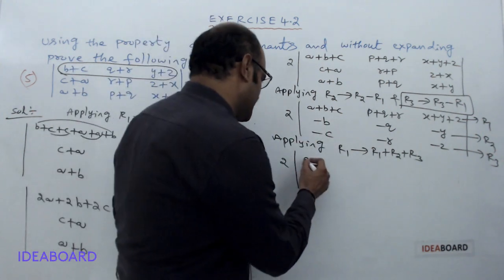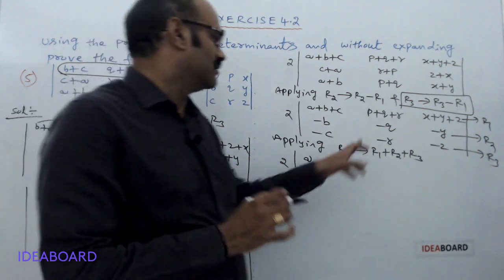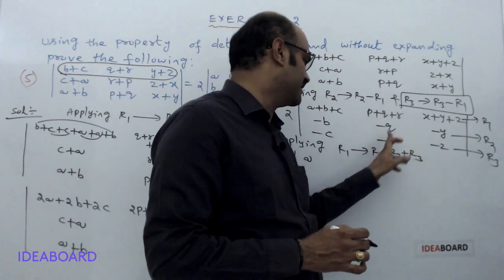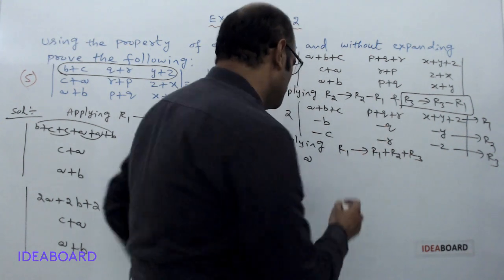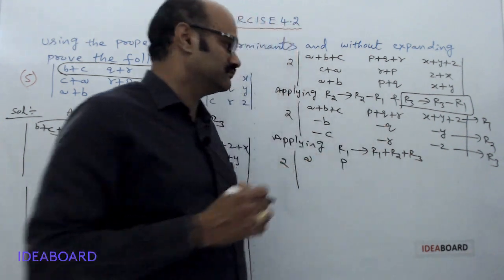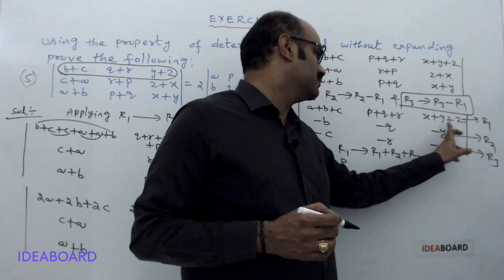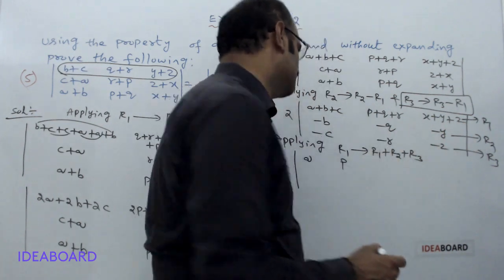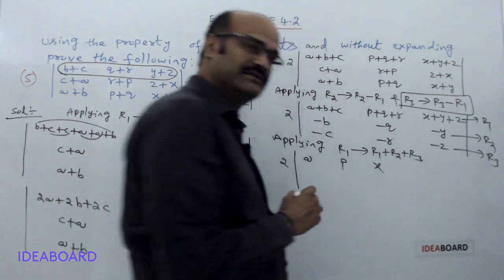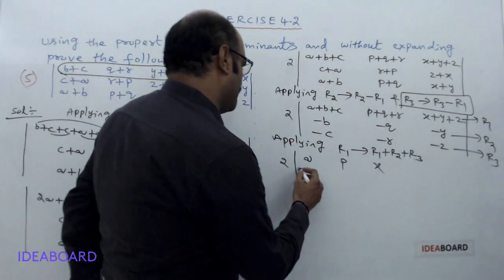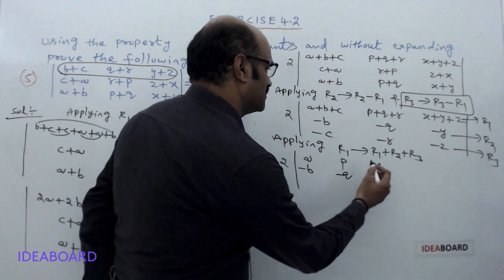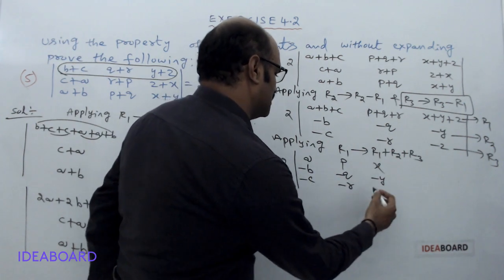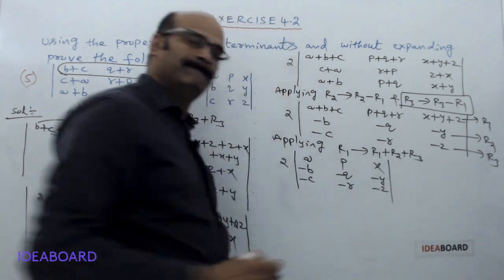So that 2 times determinant of minus b plus b 0, minus c plus c 0. So that it becomes a. Now minus q plus q becomes 0 plus r minus r becomes 0. So here we have p. Here we have minus y plus y 0 plus z minus z 0. So it becomes x. Then we have minus b minus q minus y, minus c minus r minus z.